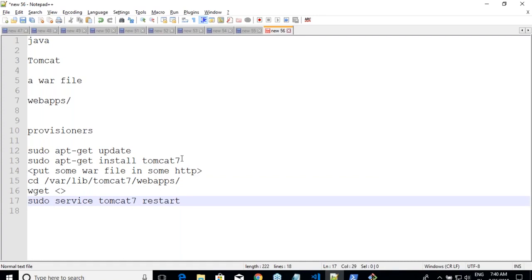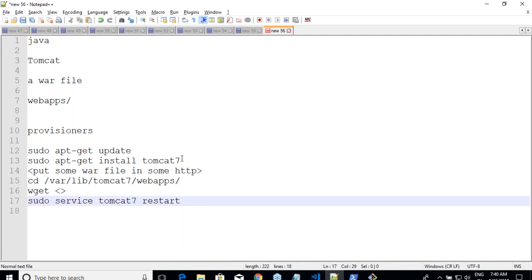So you can take any war file, but I'll be taking a war file which is already available. Okay. So we all will be learning Jenkins very soon, right? Let me go to the older version of Jenkins and take some link and download it from there. Okay, don't take the new version. The new version doesn't work on Tomcat 7. You might require Java 8 based. So I'll be taking the older version of Jenkins. I need a Java war file. Don't worry about what I am doing over here. The war file in this case, since I am not developing any application, is Jenkins.